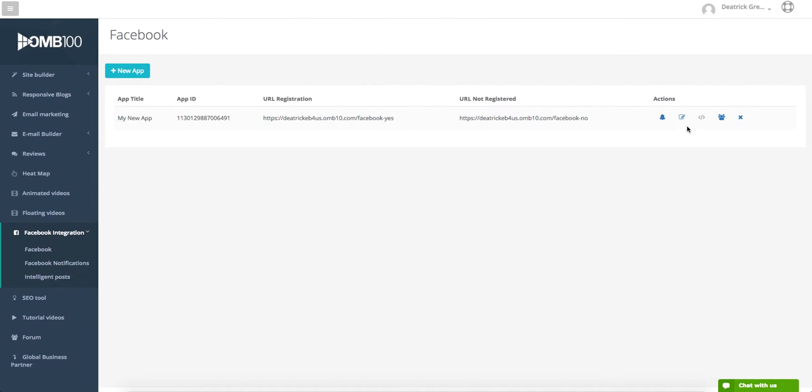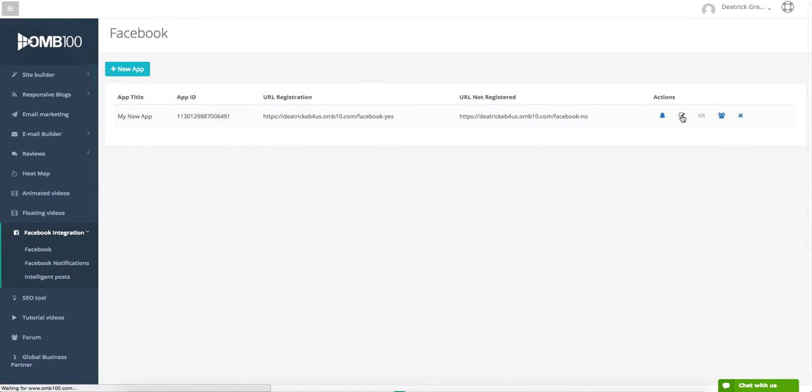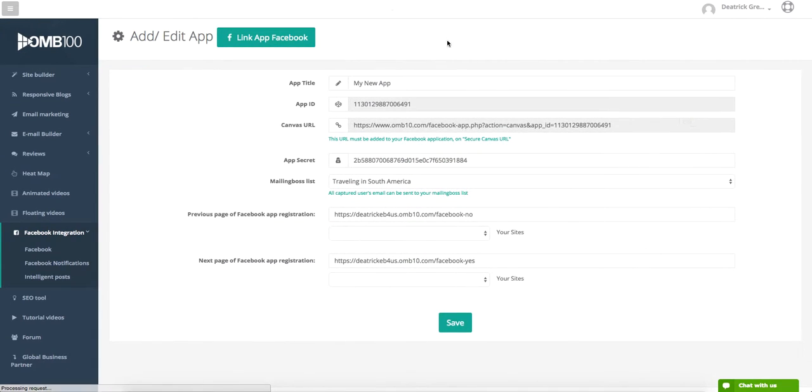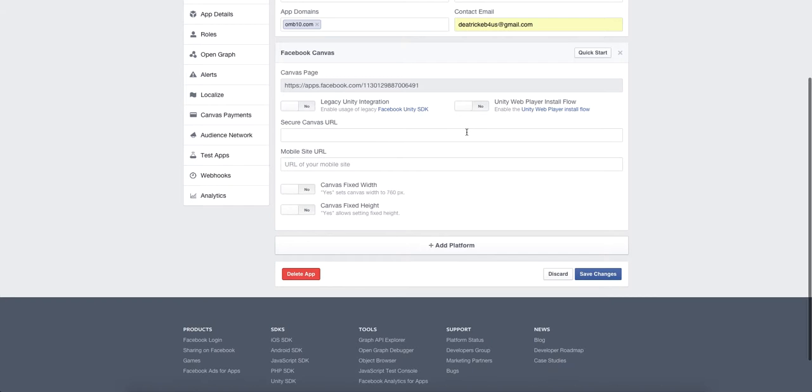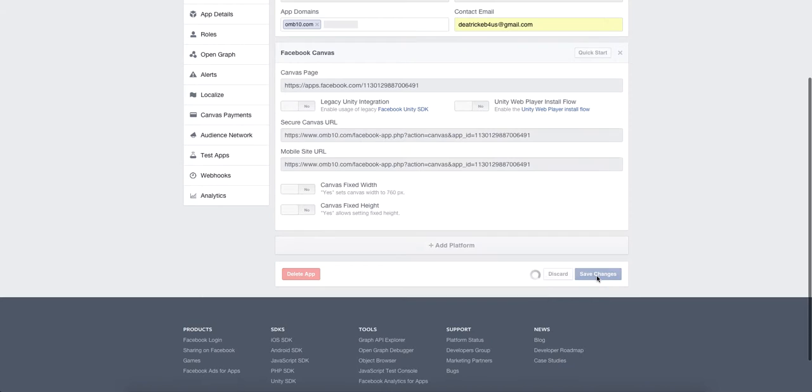I come back here and I can come back into my settings or my edit, and then I'm going to copy this web address here. Okay, and I'm going to place that here, and I'm also going to place this here, because by placing it here, you're going to enable the app to work on mobile devices. All right, now once you do that, you can save your changes,